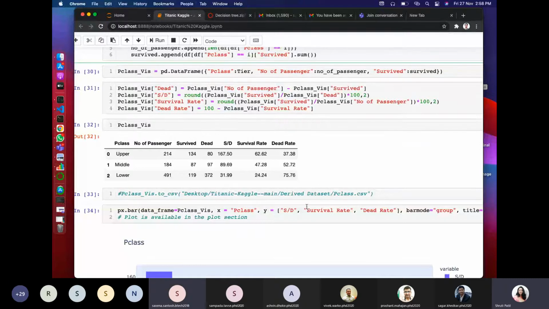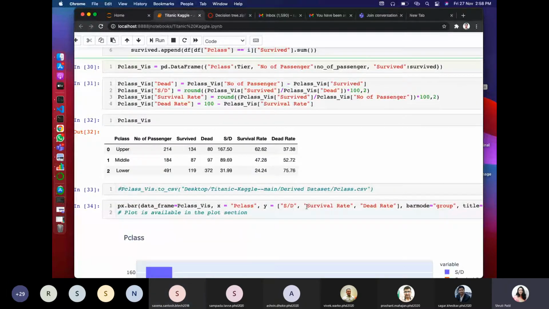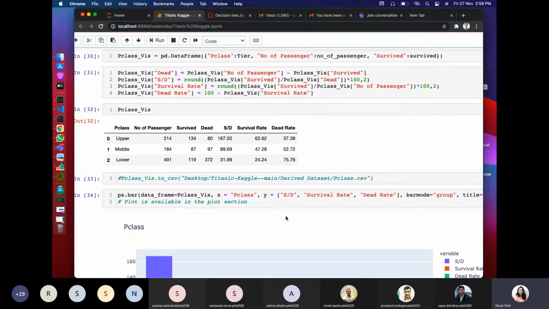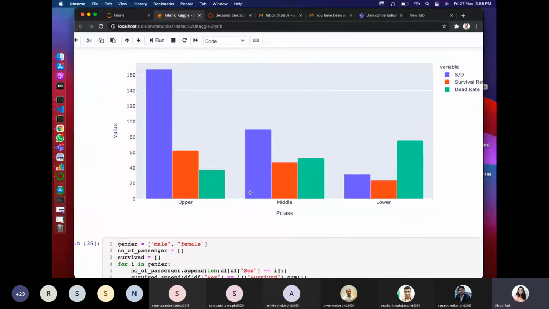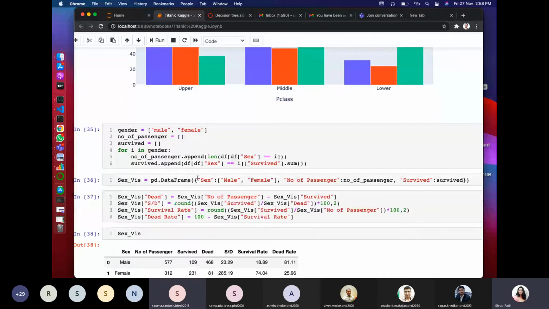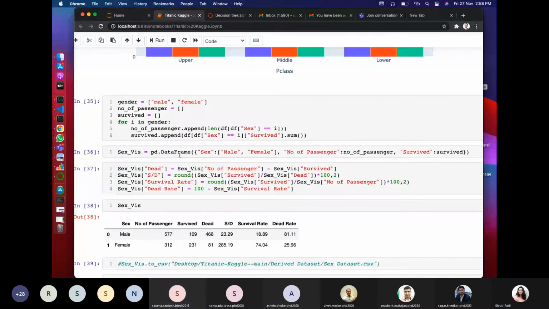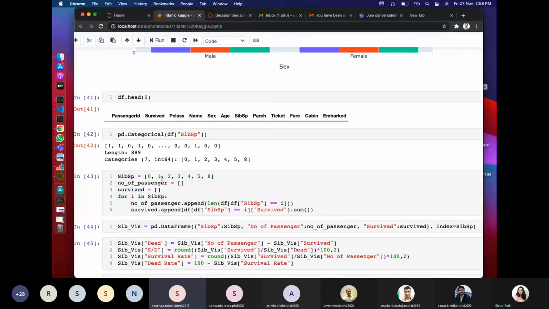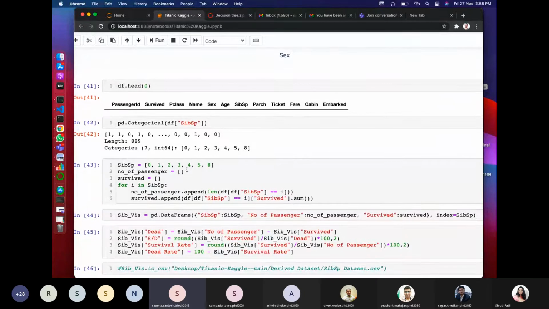So number of passengers, then survived, then I'm trying to see if there is any connection between age and survived, between cabin and survived, whether more people survived from this cabin and fewer people survived from that cabin. That exploration is going on currently, right Santosh? Yes, ma'am. Okay. So similarly for gender, and now I think I can skip this. SIBSP, the same thing is done.